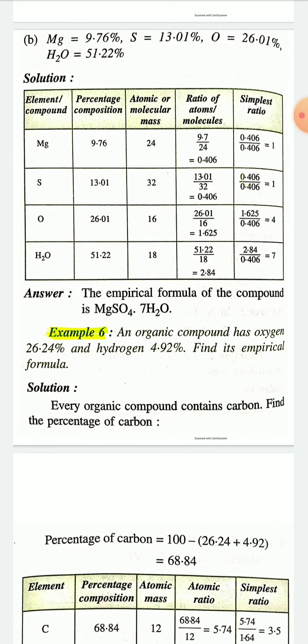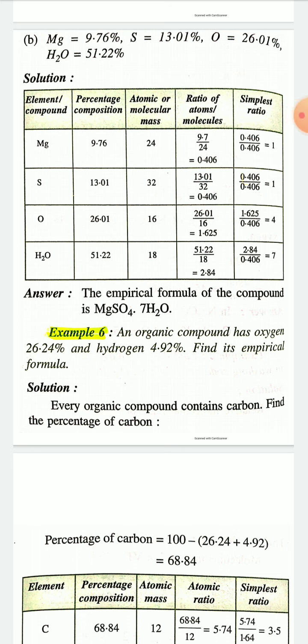Magnesium 9.76%, sulfur 13.01%, oxygen 26.01% and water 51.22%. Okay, so first write down the symbol of elements